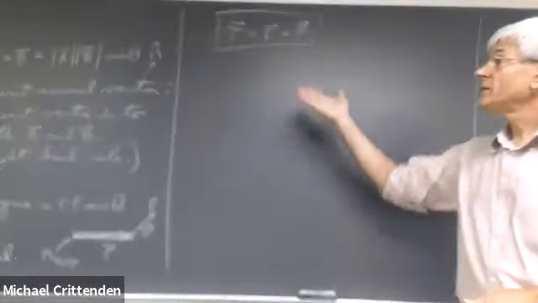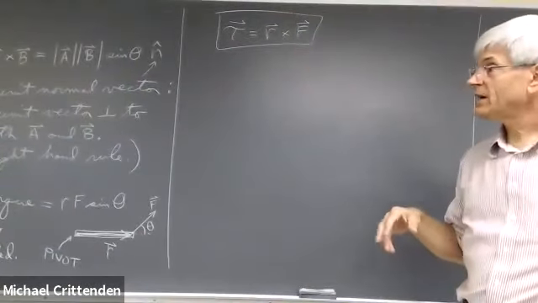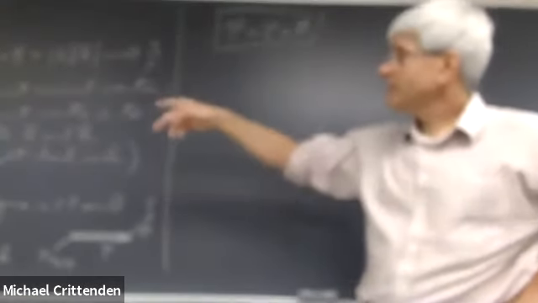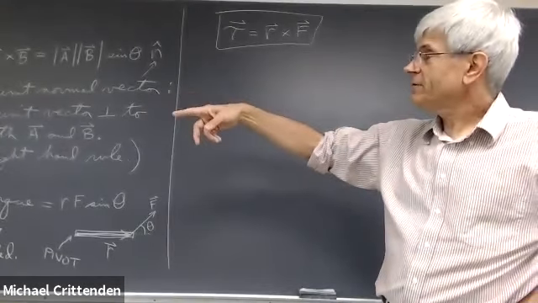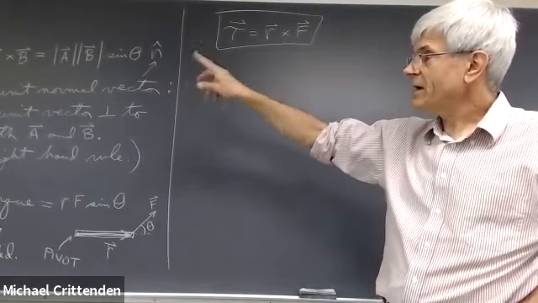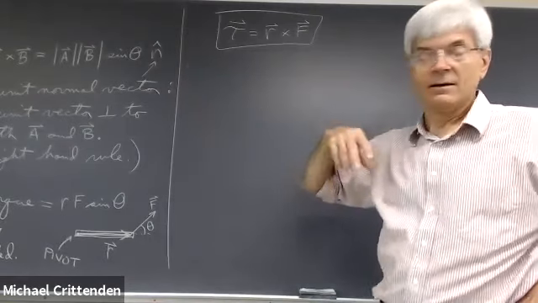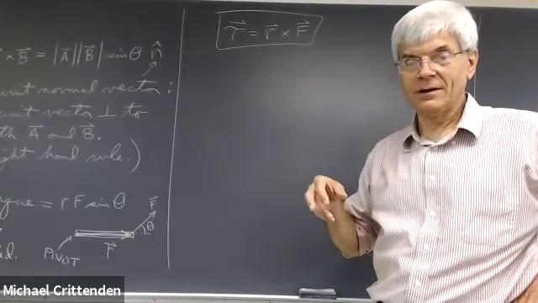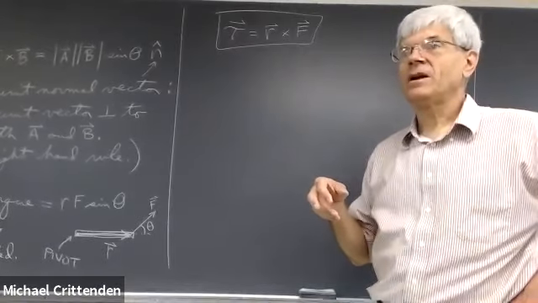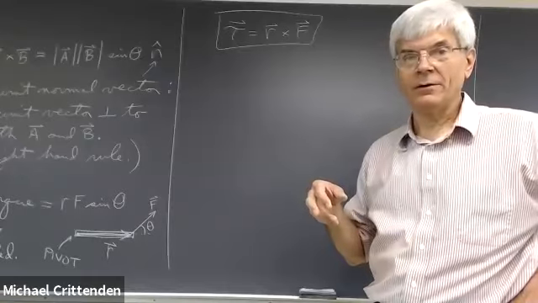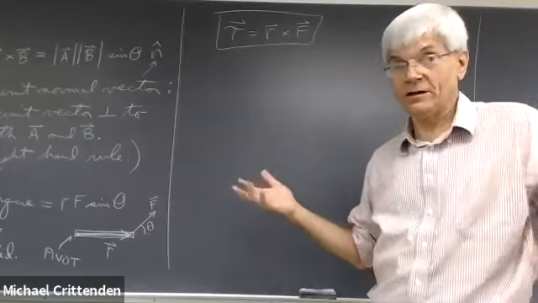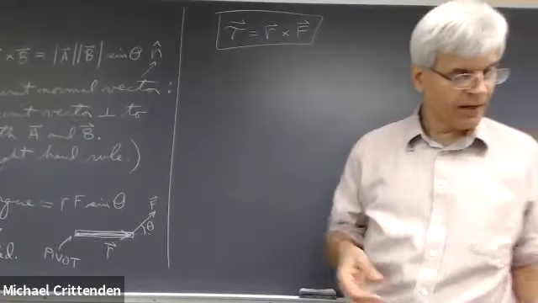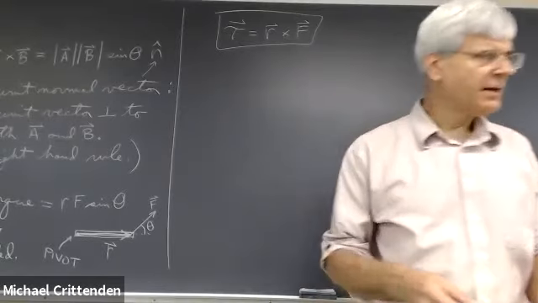So one way you hear the right-hand rule explained sometimes is if you imagine turning vector A toward vector B, the cross product points in the direction that a right-handed fastener would advance, except I don't think of it that way. I do it the other way around. I use the right-hand rule to figure out which way the fastener is going to go. Anyhow, time for